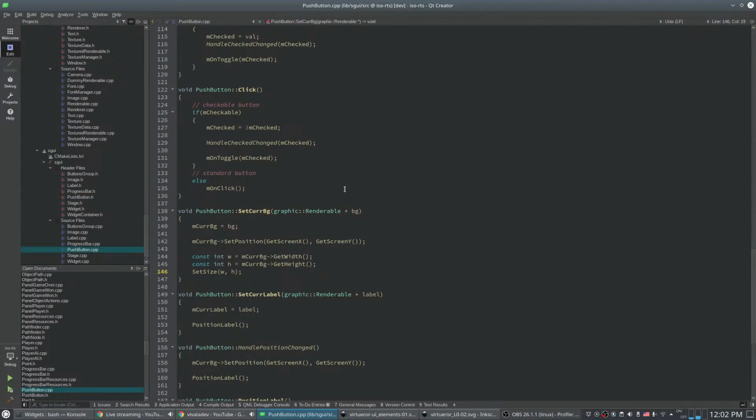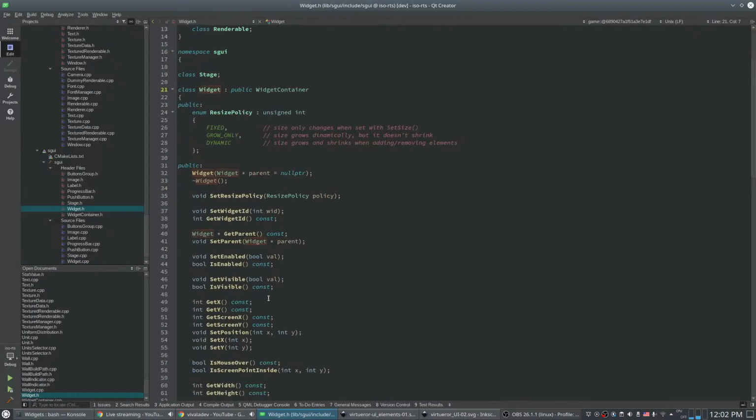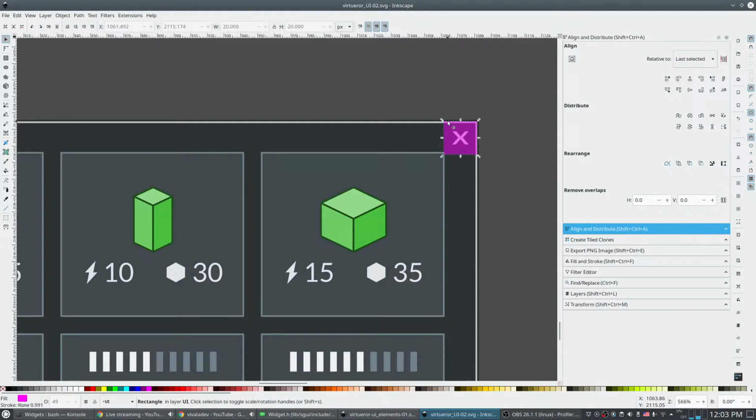Yeah. Okay, and set size, because that's what I need. It's protected. Okay, so I have to subclass a push button class anyway, because I need set size to be set to 20 by 20, because the X here is only 10 by 8,